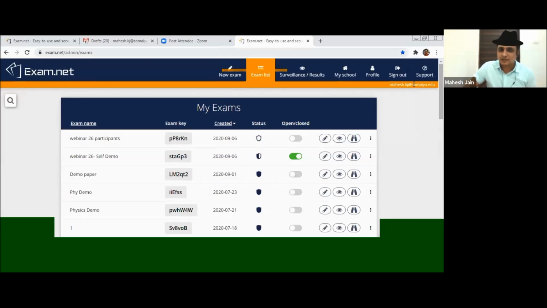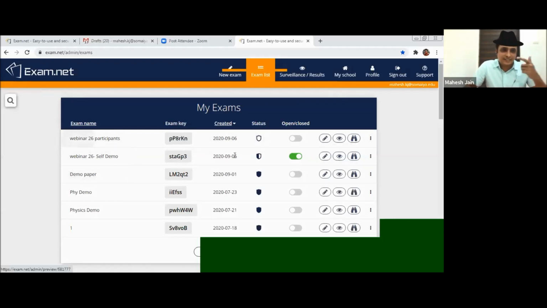So please go to exam.net. No, I have not kept it as SCB. So you try it with mobile also, it will allow. Just continue, no problem. It will say screen something, but it will allow you to go ahead. Great. If you type the key, you will get a message. Governor Mistry is saying that yes, it is allowing in mobile. Somebody said they are waiting for the exam to open.